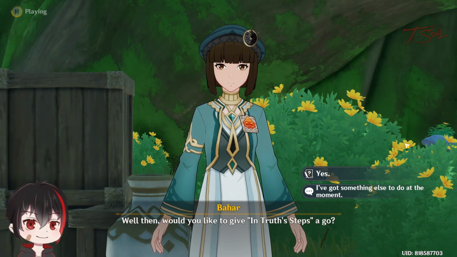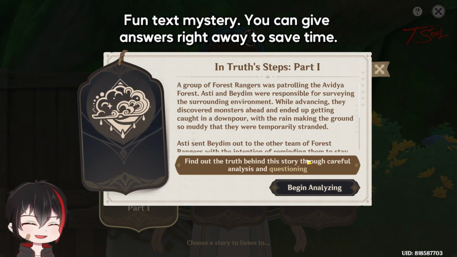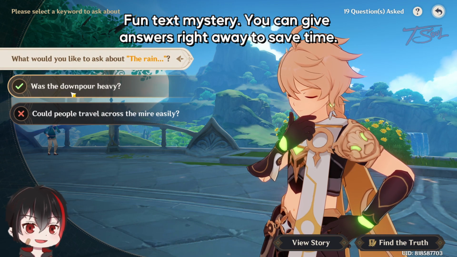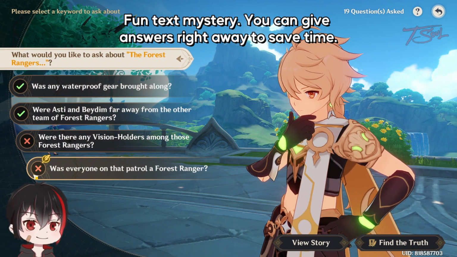The fourth event is surprisingly my favorite event. It's like a little mystery puzzle thing, and you gotta ask some questions to get some yes or no answers or extra clues to solve the riddle and find out what happened. I'll show you each of these choices, and a check mark means it's a yes answer, and next means no,